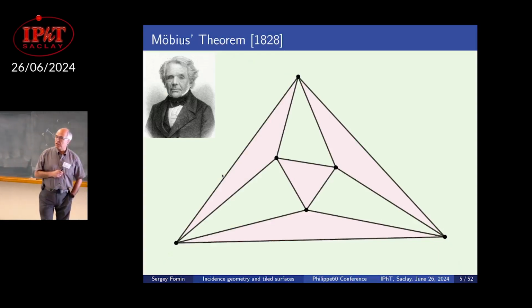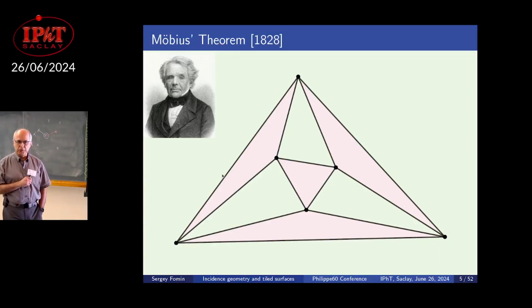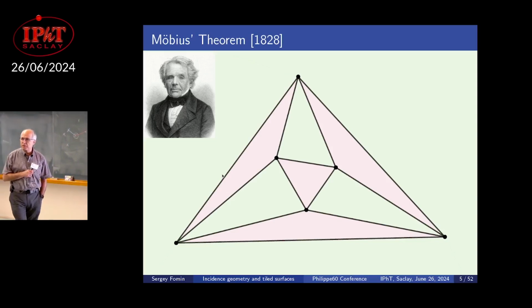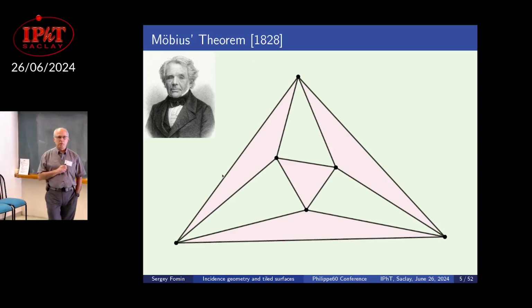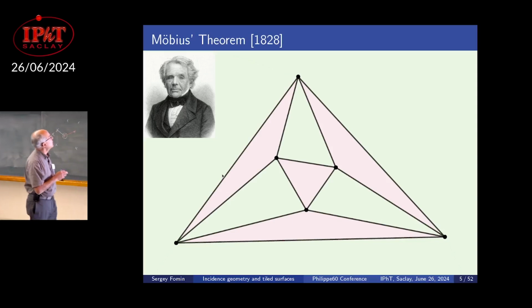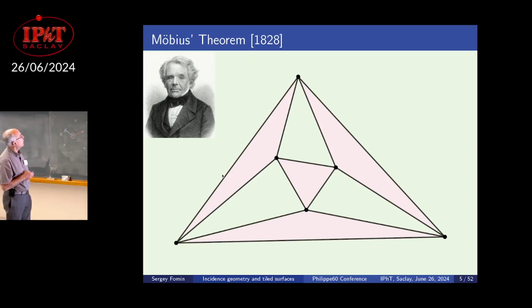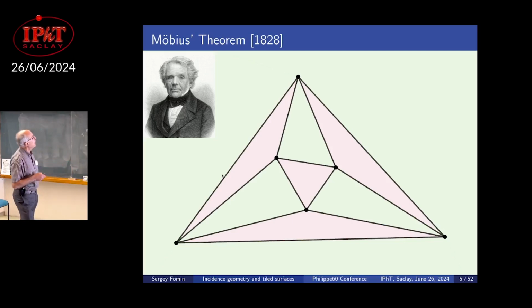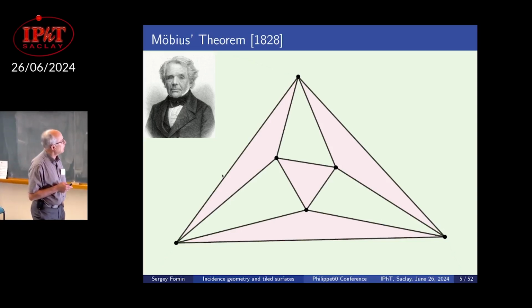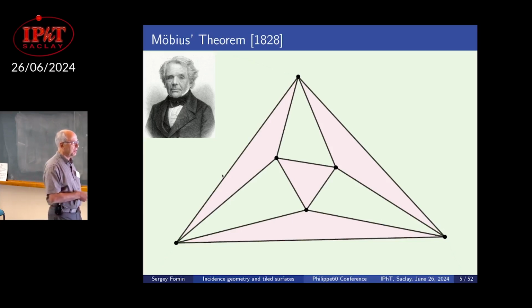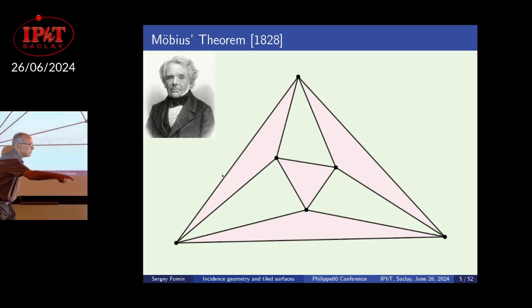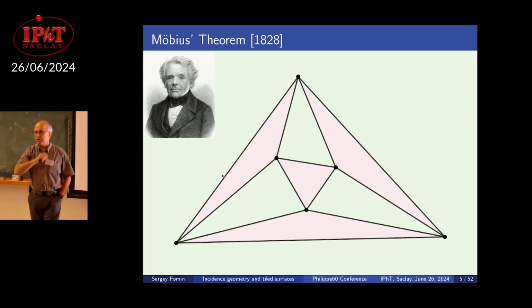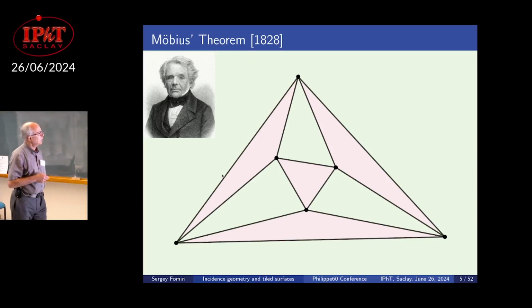In 3 dimensions, there are similar theorems, maybe less known. So the most famous theorem of 3-dimensional linear incidence geometry is due to Möbius. So unlike Pappus and Desargues, we actually know how this guy looked, and you can see it here. And the statement is, okay, so this was supposed to be colored, but somehow I can see the colors on the screen here, but the projector doesn't represent them well. So you'll have to bear with me.